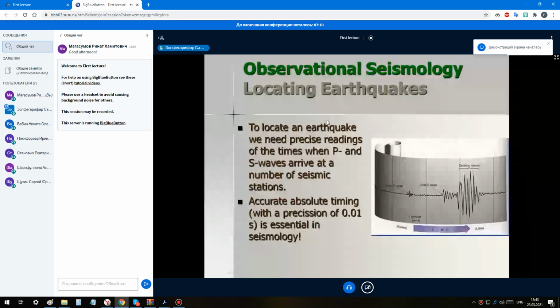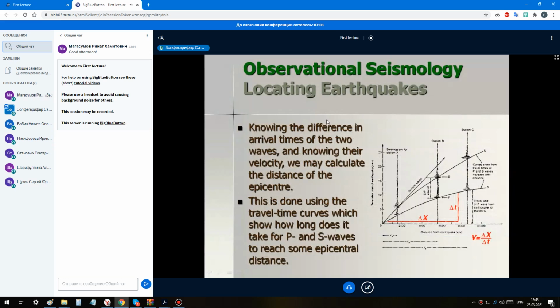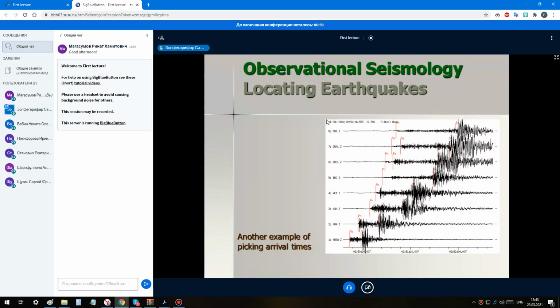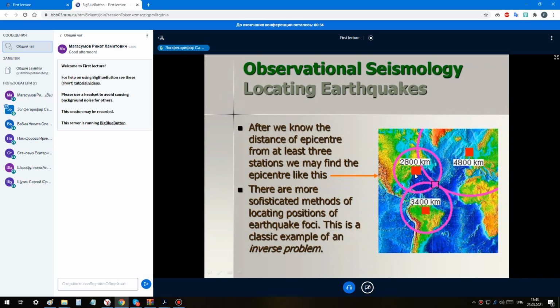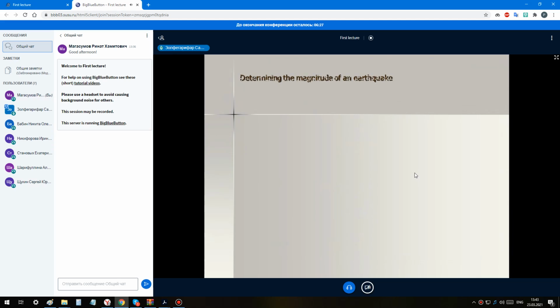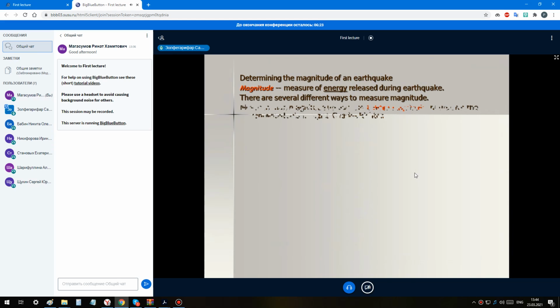Also, I have talked about observational seismology as locating earthquakes, and also about the curve of records during an earthquake occurring, as amplitude per time, or acceleration per time recording, also velocity per time recording. I have talked before about how to locate earthquakes with a triangulation of stations, and determining the magnitude of an earthquake